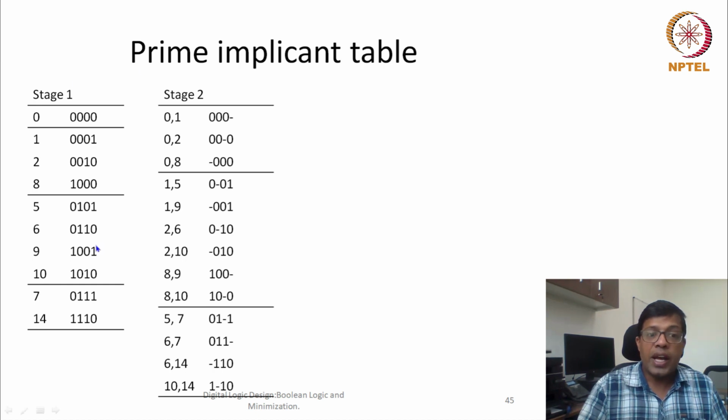However, 1 and 9 can be combined. So we write 1 and 9 here, and the difference in 1 and 9 is only at the topmost bit, otherwise 0 0 1 is the same for both of them. Whatever variable is different, we replace that variable with the dash. Now in a similar way, 2 is compared with 5, 6, 9 and 10, and wherever it finds only one variable difference, that particular pair would be written in this group.